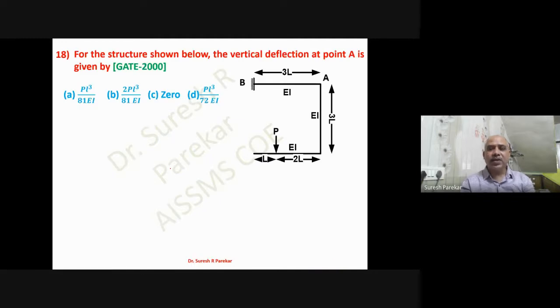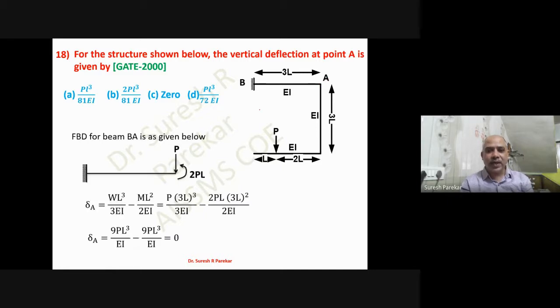Then in this, we are interested in finding the vertical deflection at A. So we are going to make BA separate. By taking BA separate, we are going to get the diagram in this way. This P will be as it is. If we cut it from this and find equivalent values here, then you will get P and 2PL. And then we are going to find delta due to concentrated load, which will be WL cube upon 3EI. And due to moment, we have ML square upon 2EI. These two are due to the clockwise and anti-clockwise moment, so one will go up and the other will go down, and these two are the same, and therefore our value of delta at A becomes 0.